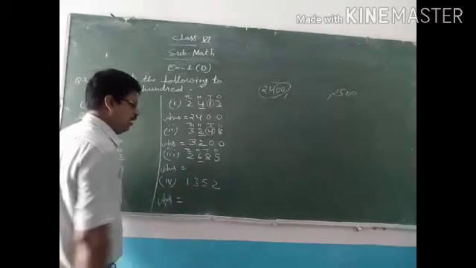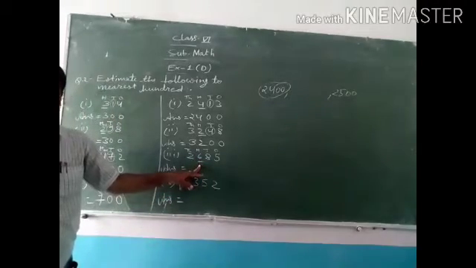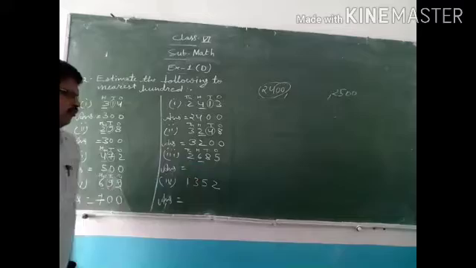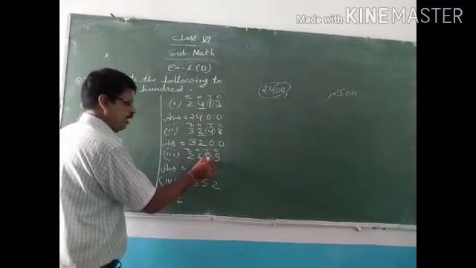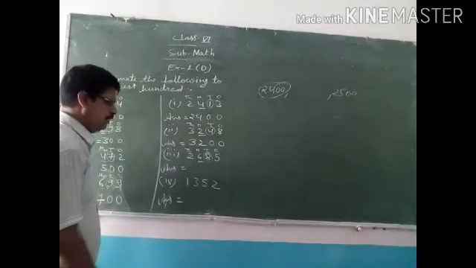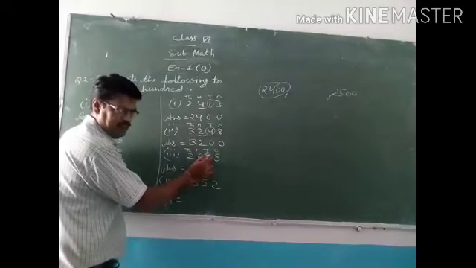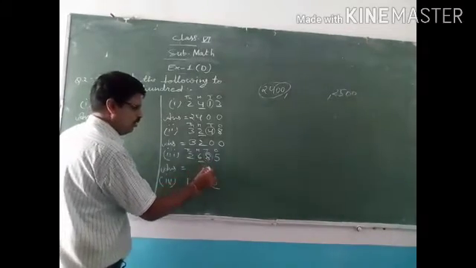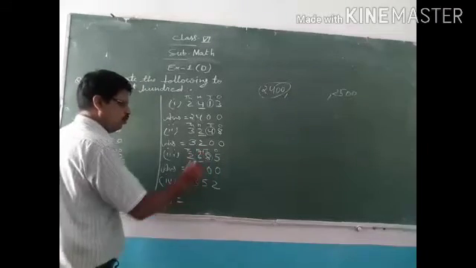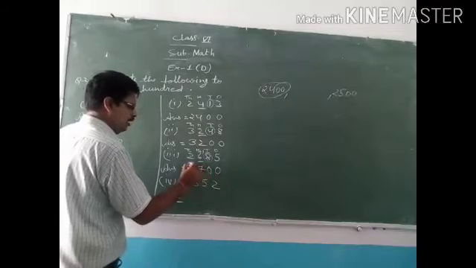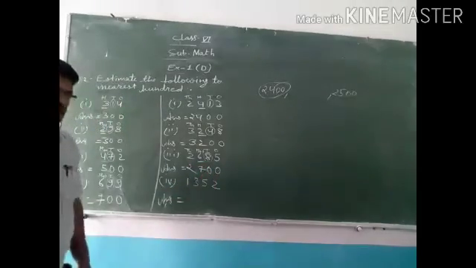Next, ones, tens, 100, 1000. So at the 100 place we have to do round off. So which place will we observe? We will observe the 10th place digit. So what is there? Here is 8. 8 means greater than 5, so this will become 0. It will also become 0, and here we will add plus 1. So 6 plus 1 is 7, and 2 stays the same. Understood?